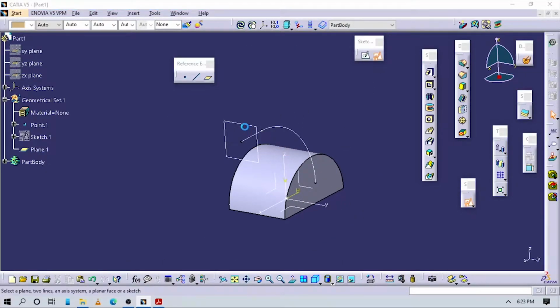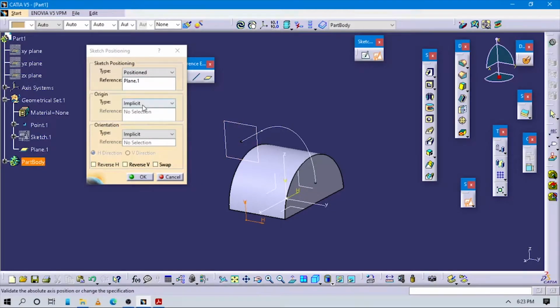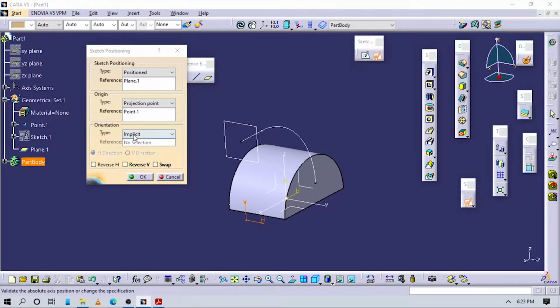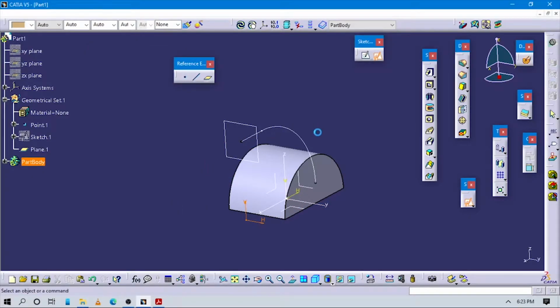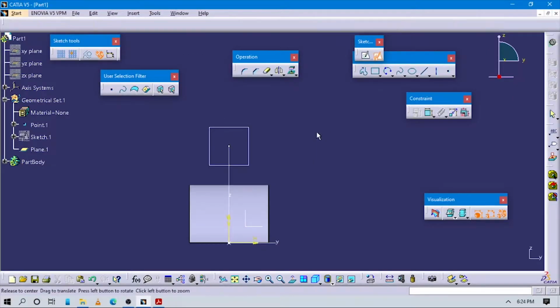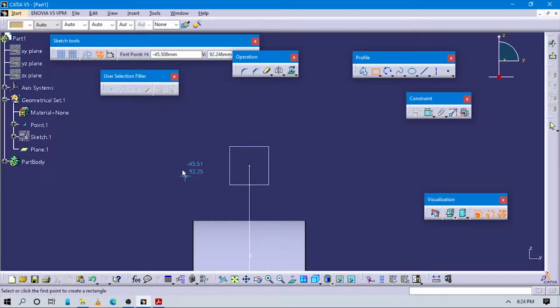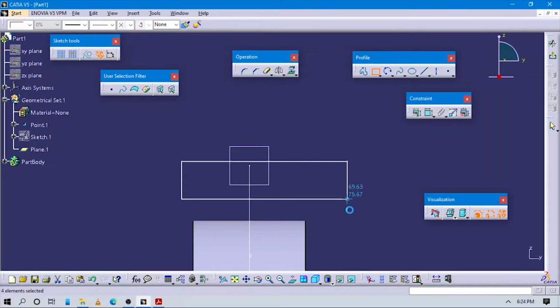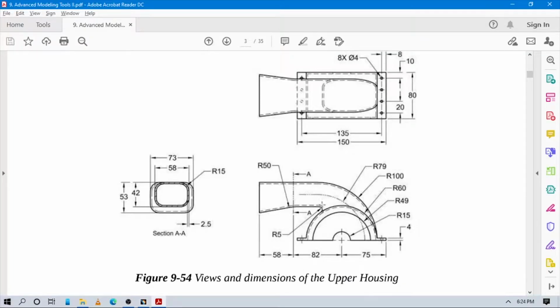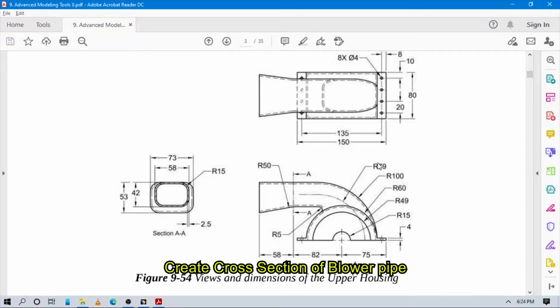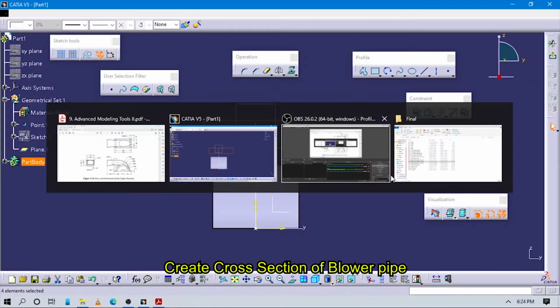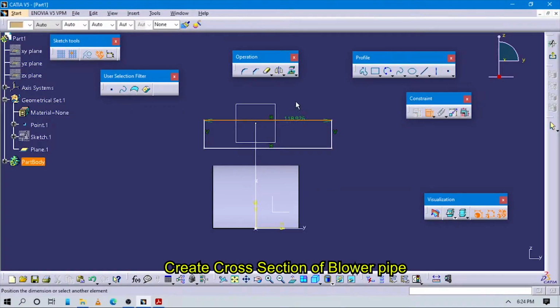Now go to sketch positioning, select this plane, origin as this projected point, orientation is parallel to this line, and create one simple rectangle here. And for this sketch you can see here one section A, and this is a section. So first of all, we have to create a small rectangle. So let's add the dimension to this. The length of this small rectangle is 58 actually,